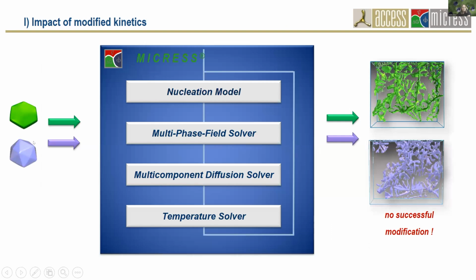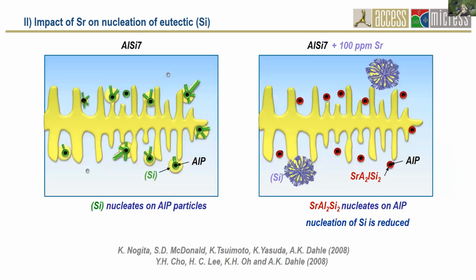However, when we now used these two different functions for the mobility, we found that this did not change the outcome of the simulation. When we ran a simulation where we had frequent nucleation of silicon, you could see almost the same, it was almost not changed. So this has little impact. So we had to take into account the second mechanism, and this is here